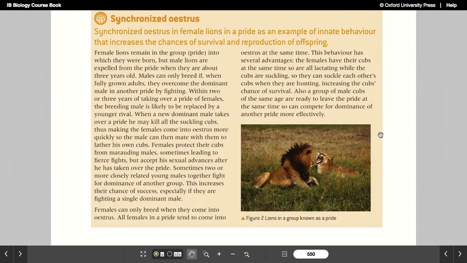So when a new male comes into a pride, he might kill all of the cubs. And that makes all the females basically have their menstrual cycle or oestrus, and the male can then mate with all of the females because they're all menstruating or ovulating, and then all of the cubs that are going to be born in that next cycle are going to be his, and then they all get to live because they're his, and they all also get to leave the pride at the same time when they're 3, so